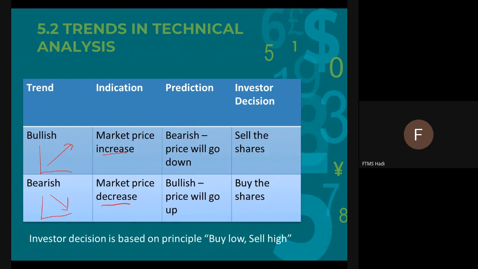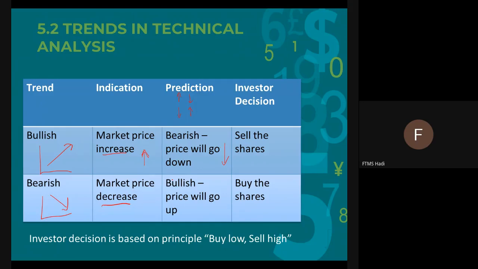Okay, why is prediction key? Because prediction is based on the nature of market price behavior. What goes up must come down, and what goes down must come up. Since there is an increase, the prediction will be going down. As simple as that. Sometimes it can keep going up, but later on, there must be some day that